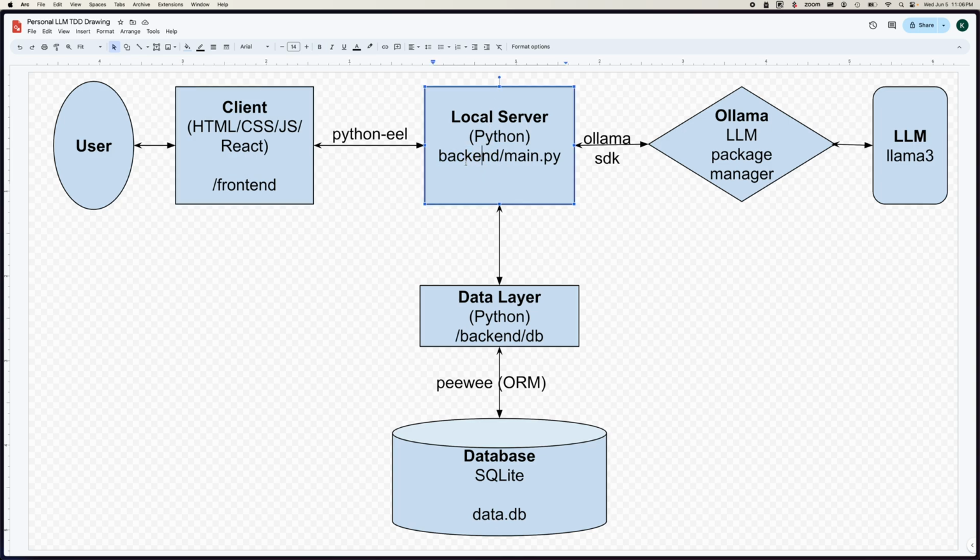The file name is still backend/main.py. It connects to the database through a data layer that we have in /backend/db, which is now a folder because we have multiple files. We have multiple modules that connect to different tables in the database. We now have a chat table, I should say, and a message table, which I'll actually talk about after this. So these files connect to the SQLite by way of an ORM, or Object Relational Mapping library, called